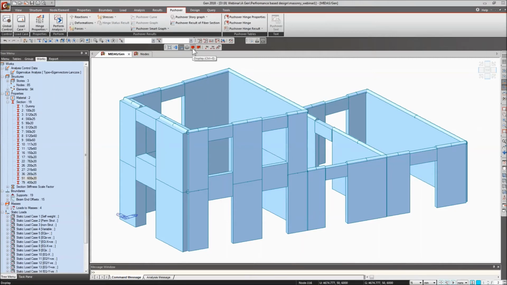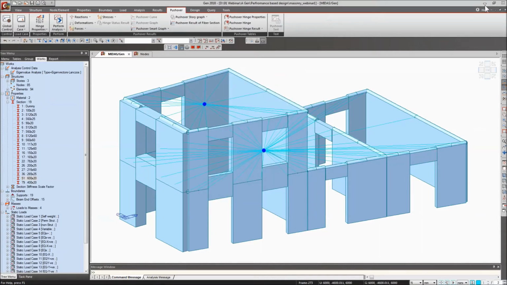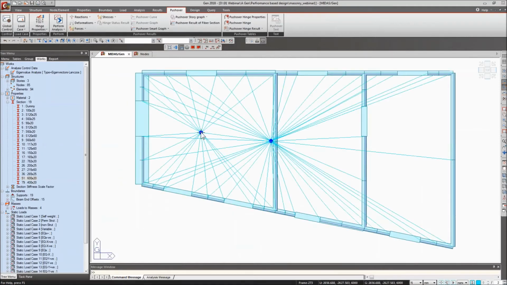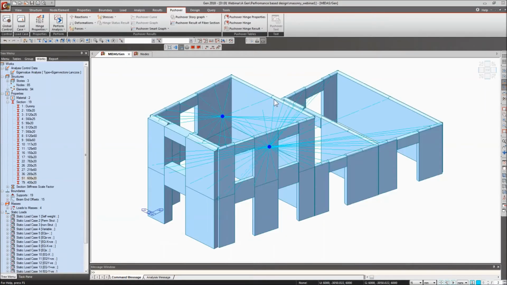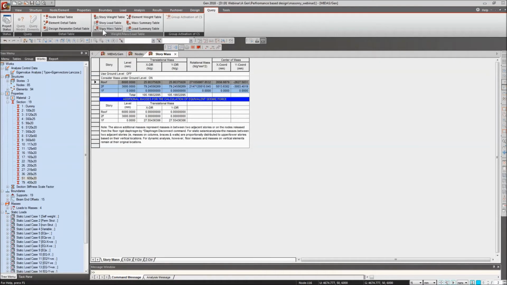So firstly, let us see the center of the diaphragm. We can easily check the center of diaphragm from the display tool. So this is the center of the diaphragm for the top story. Now to know the location of this diaphragm, we can go to the queries, and from the queries we can see the story mass table. In the story mass table, we can see the center of mass, the x and the y coordinate of that node to be created, the master node. So we can just simply select these x and y coordinates, copy them,